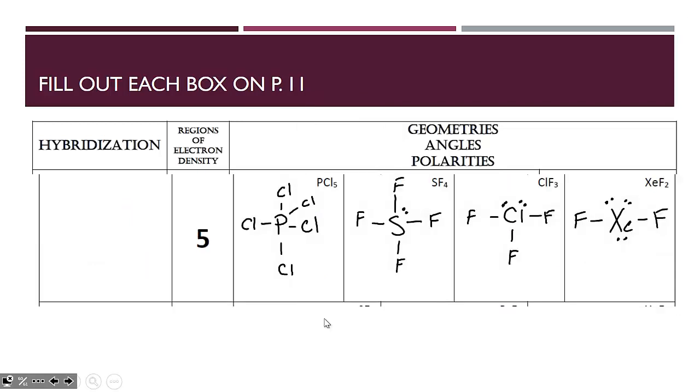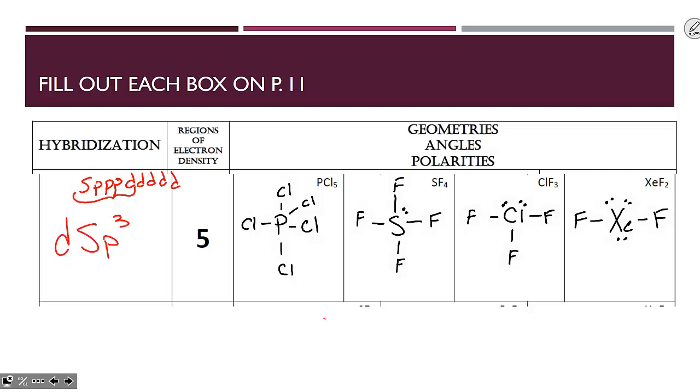In the interest of saving time and making your pictures less complicated than necessary, I'm not going to draw the complete Lewis structures for these because having all of those lone pairs on your terminal atoms is going to become messy very quickly. You should have them. Each one of these chlorines should have 8 electrons around it, including the one bonded pair, but again, for simplicity's sake. Phosphorus pentachloride has 5 regions of electron density. 5 regions of electron density means we need to start pulling into the d sublevel. So 5 regions would be